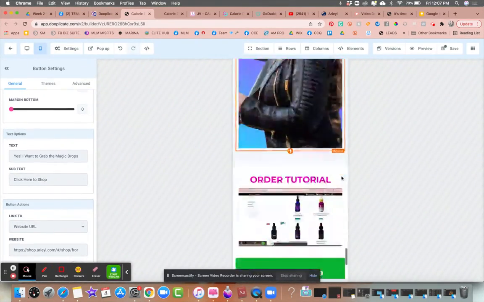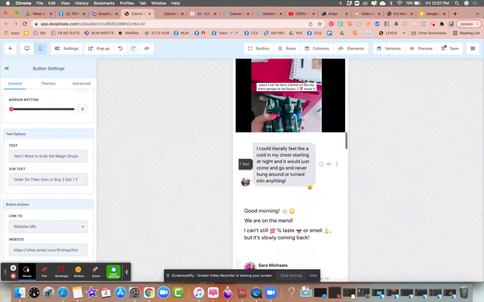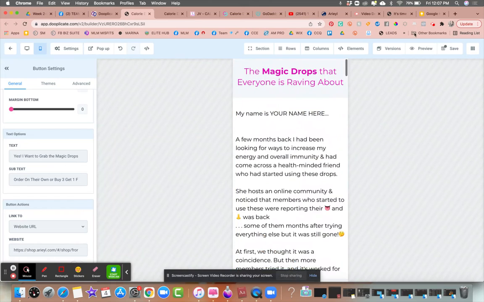Okay, and that's it. So now this right here is going to walk someone through how to become a VIP without you constantly having to be messaging every single person. This is especially helpful if you are like Nicole, or you're like Ashley, or you're like one of the other girls and her reels have blown up.